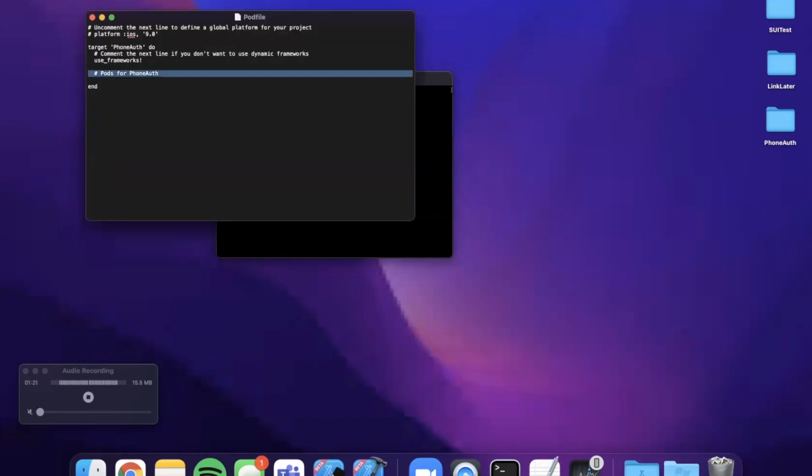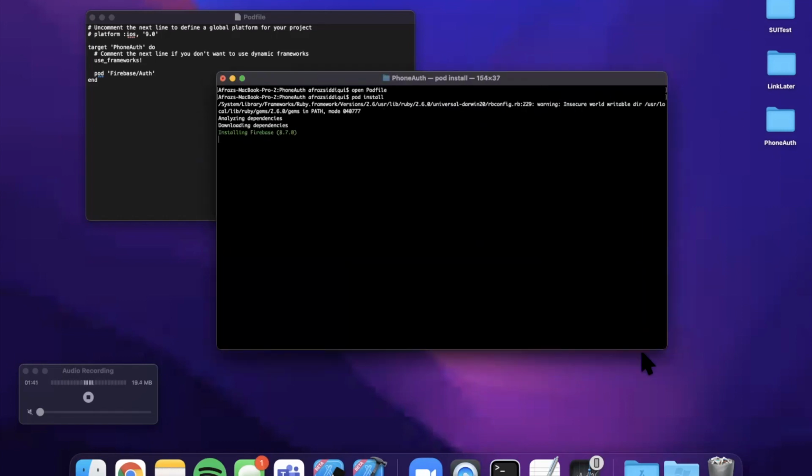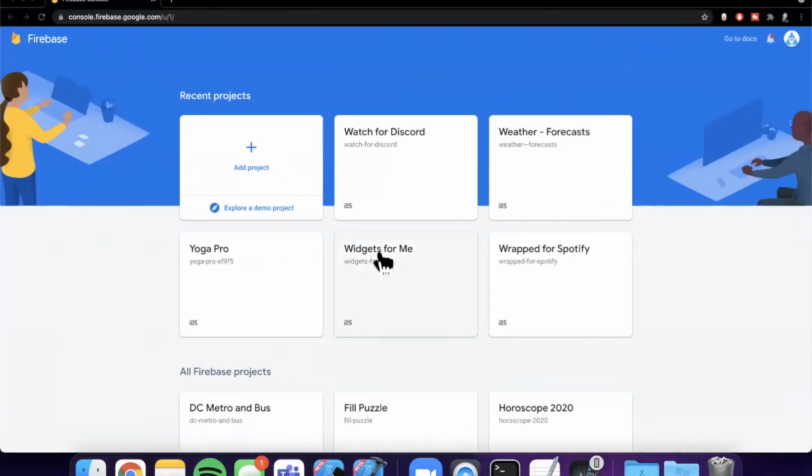Now in here, we're going to bring in one dependency, and the dependency is going to be Firebase/Auth. Big surprise, authentication. We're going to capitalize that A so it doesn't give us any issues. And then we can go ahead in terminal and run pod install. Now this is going to basically install the Firebase authentication dependency. And while it's doing that, we can actually go ahead and start to set up our Firebase application on Firebase's